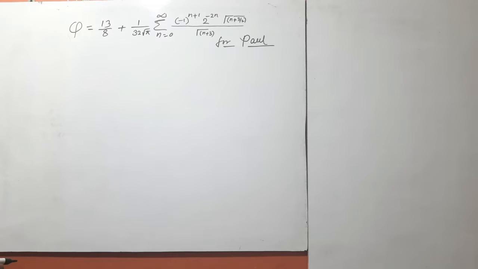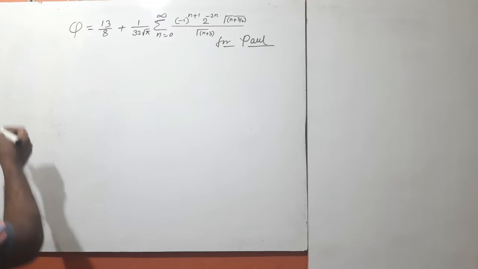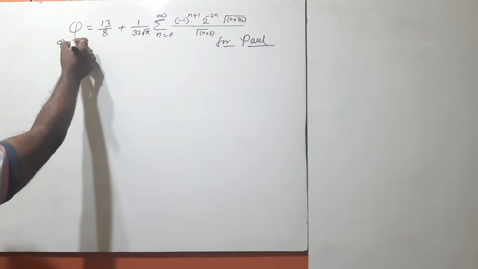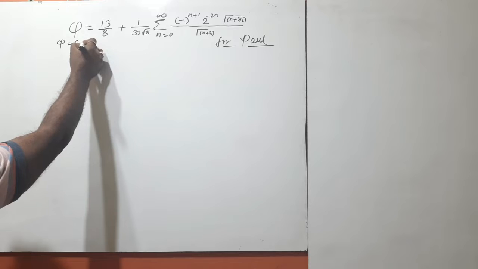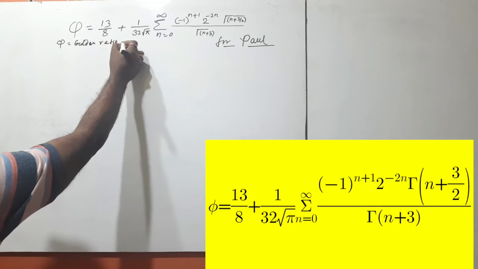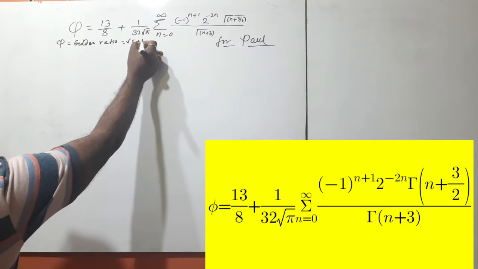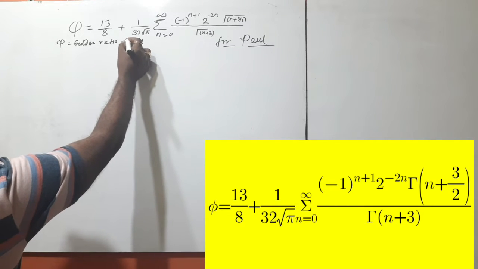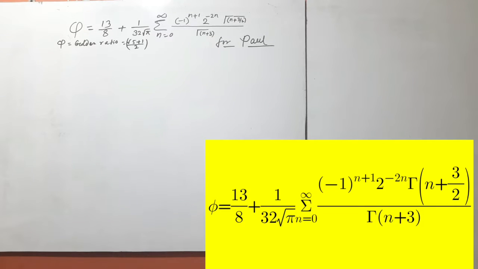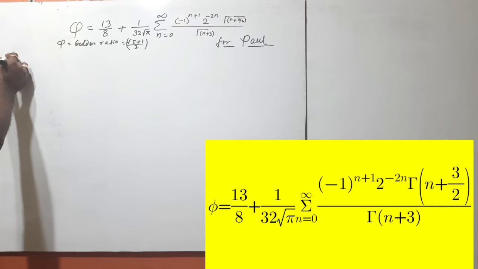Let us start this solution from the right-hand side, and first we write the value of the golden ratio. That is equal to (√5 + 1)/4 + (√5 + 1)/2 here. Now we write the right-hand side,